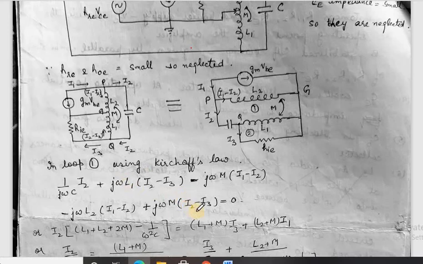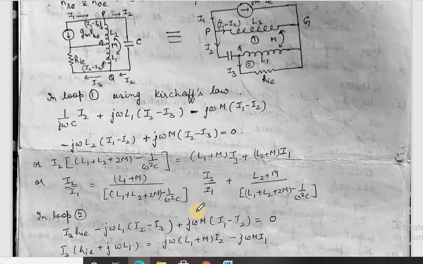Now we'll rearrange it. In the rearrangement, in order to simplify in a proper manner, you should follow this step, so that you are not stuck and you can easily solve it. I have taken I2 on one side and I3 and I1 I have taken on the other side. Next I have divided the whole equation by I1, so that I get I2 by I1 in terms of I3 by I1. Now I am leaving this equation and then I'll discuss the second loop.